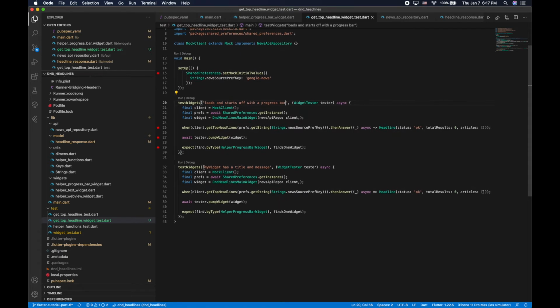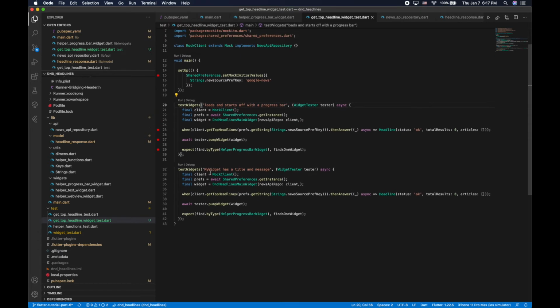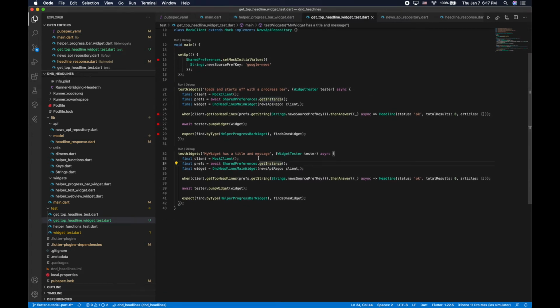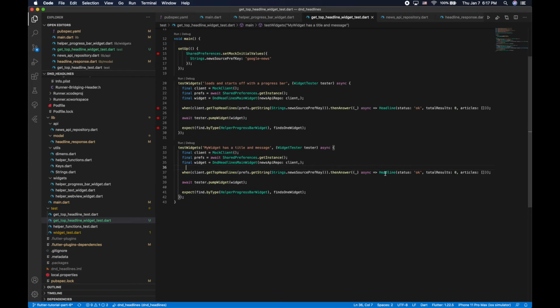All right. Okay, secondly, why don't we actually show some headline article data, right? So these instances will be the same. But in this case, we're actually gonna change out the mocked response. So it'll still be headline, right? But we do want at least one result to be shown. Okay, so that's when we create the dummy article data as well as nested in the headline object. So it'll look something like